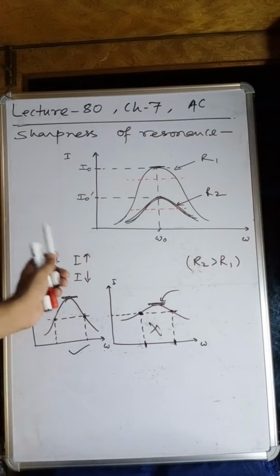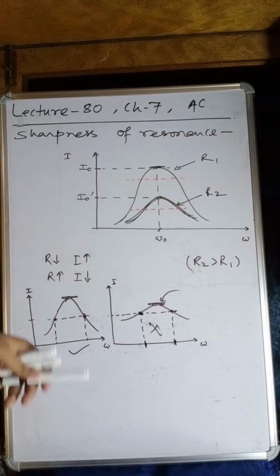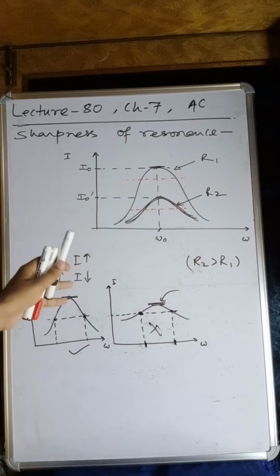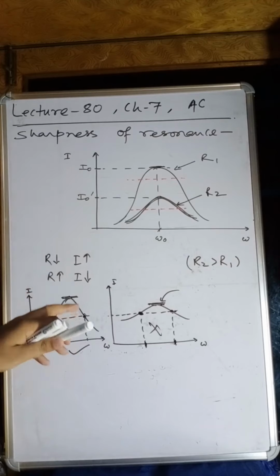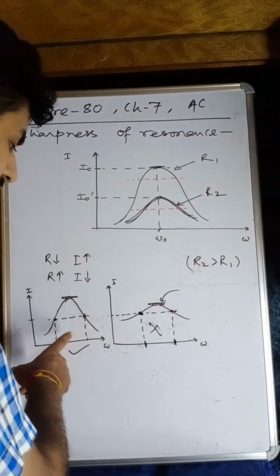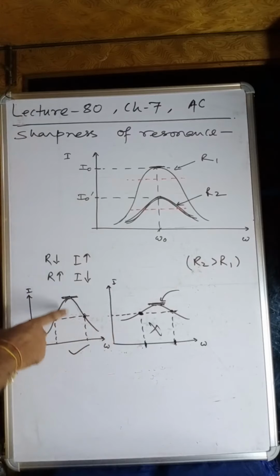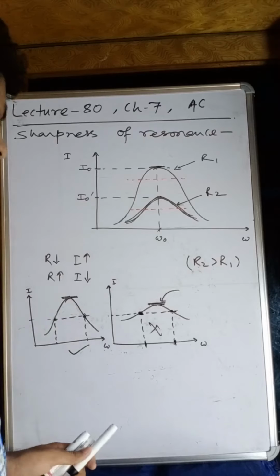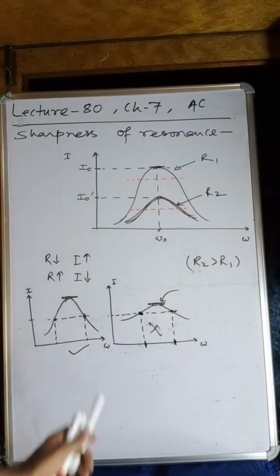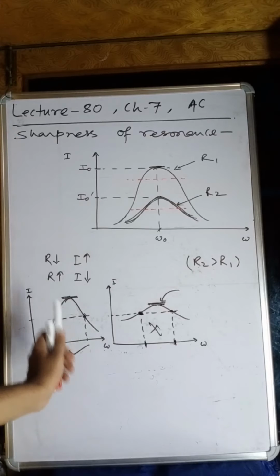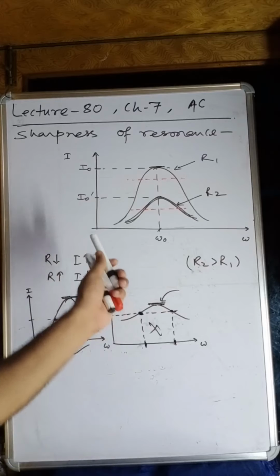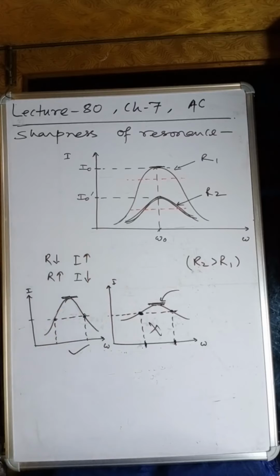So we consider this particular one as much sharper. Here, for two near frequencies, a large difference of energy is obtained. For two near frequencies, a large difference of power is obtained. That's why this is the much better graph, and the sharper it is, the better will be the quality of TV or radio station tuning.